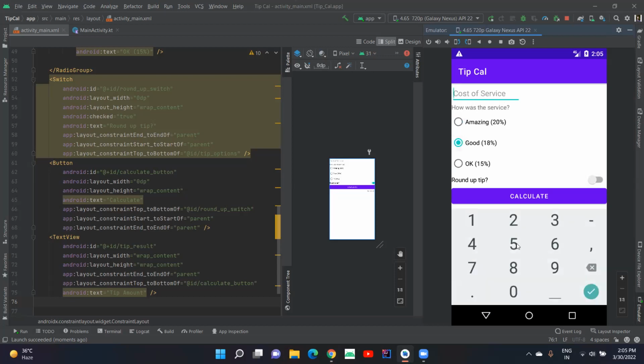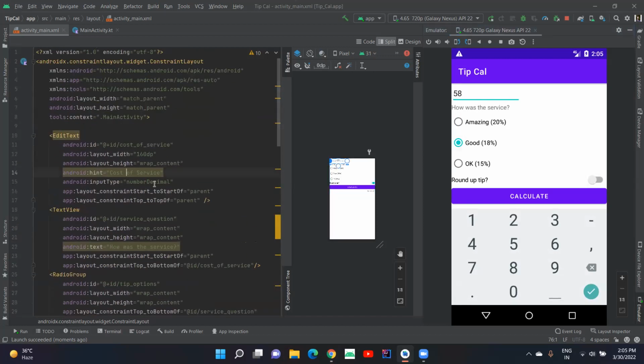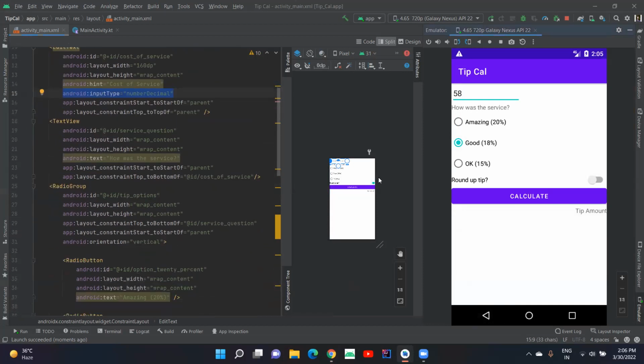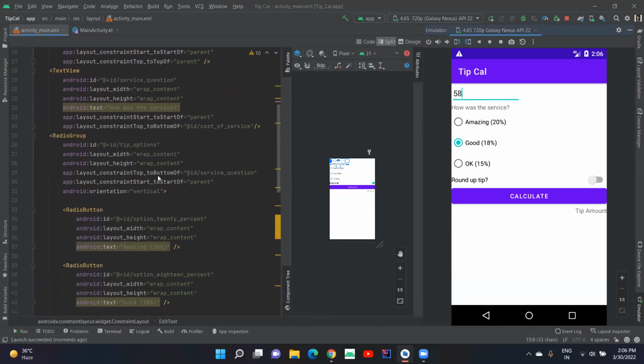In this tip service, it is only taking integer, because you can see in the edit text they must have defined android input type as number decimal. That is, the input type is explicitly defined here, so it is just taking numbers. Same goes for the radio group. Orientation is defined as vertical, and then tip options. And in this, it is just selecting one because these are all